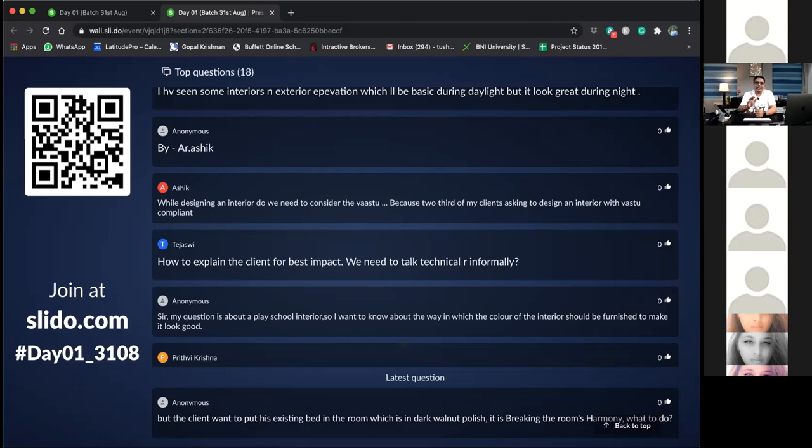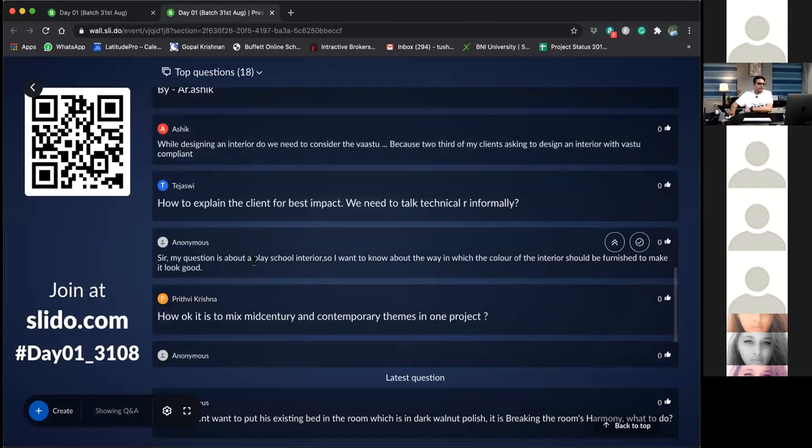You don't have to be technical, because a customer will probably feel technical talk is jargon, right? So you don't have to be technical, and you can be informal. You need to understand the technique of being informal, which we'll talk about on day 2 and day 4. Okay. So Tejasvi, if you are on a call, great. Otherwise, you can watch the recording.